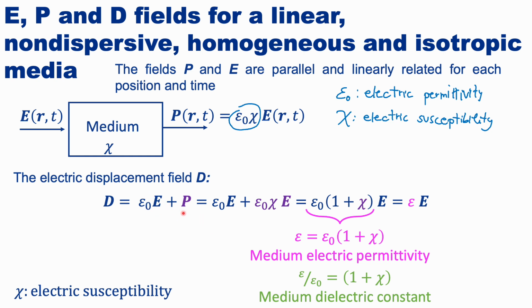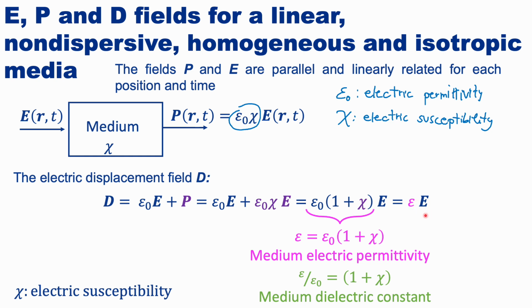But the polarization field we can also express in terms of the electric field. So at the end, we can say that D is equal to the medium electric permittivity multiplied with the electric field. So this formula right here is mathematically the same